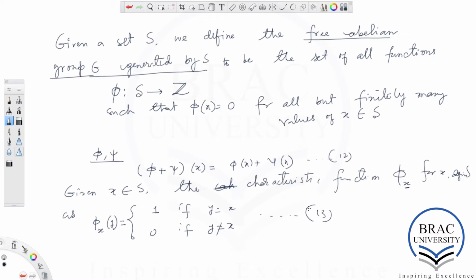Now we have seen that the group G, the finitely generated free abelian group G is, you know, I should not say finitely generated.